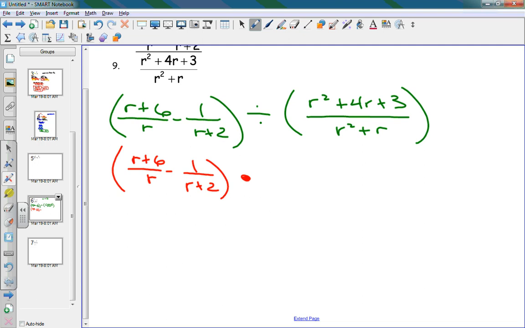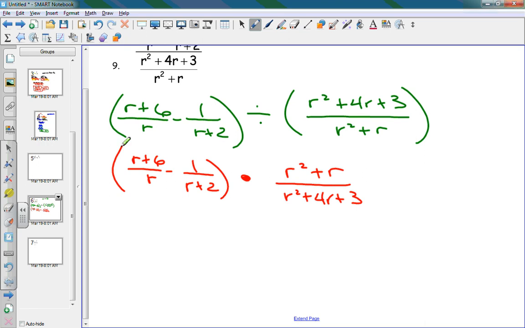And now I'm going to do what with this fraction? So that's r squared plus r over r squared plus 4r plus 3. Do we understand that? Why did I drop parentheses around the second fraction but not around the first numerator? Because the first set of parentheses has 2 fractions attached by subtraction in there, correct? So I need to make that one fraction before I can drop those parentheses. Do we all understand